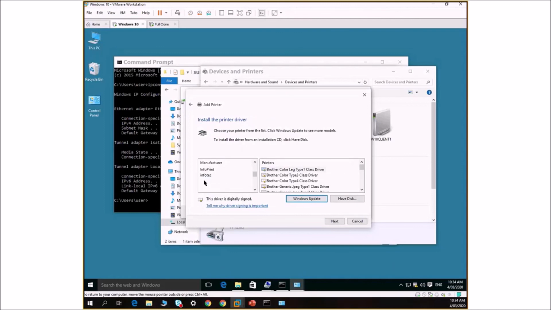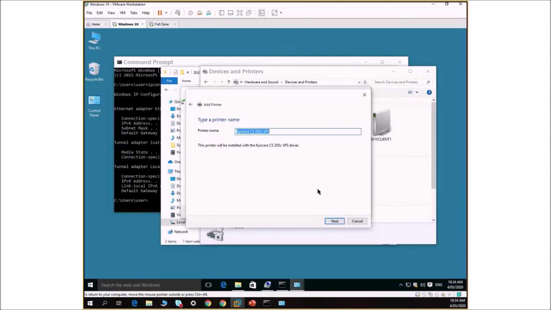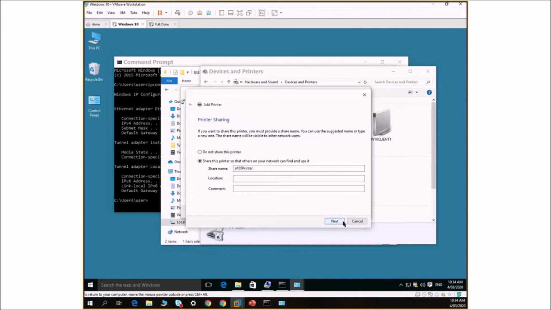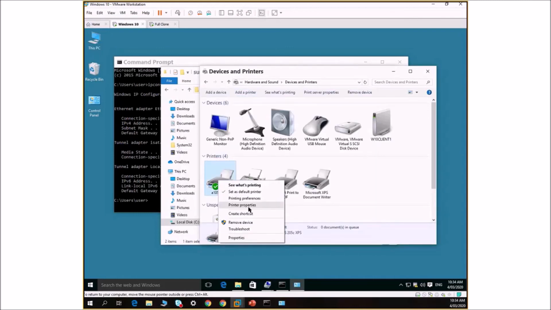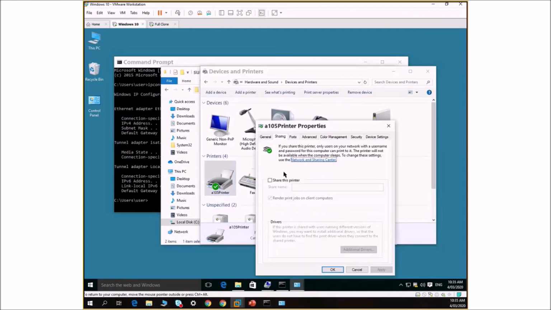let's put in this Kyocera something or other. It doesn't matter. It's a fictitious printer. We'll call it, let's see, a 105 printer for this classroom. And do I want to share this printer? I can share it now, or I can share it later. I'll choose do not share. I'll click finish. Here's my printer, and I can actually go to print properties, and I can share it again. I can also